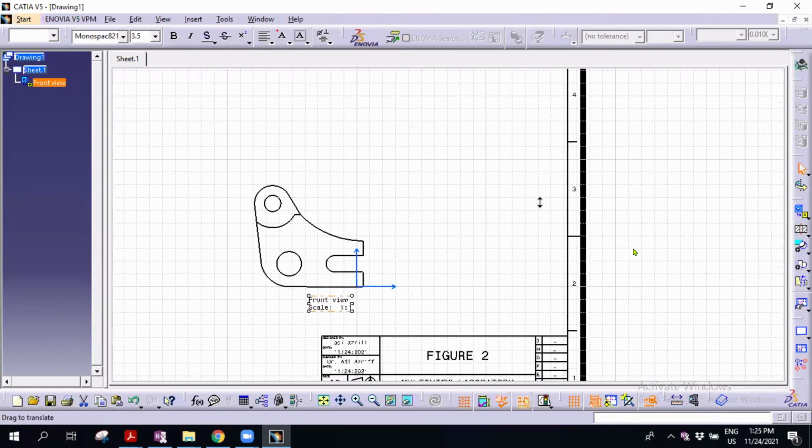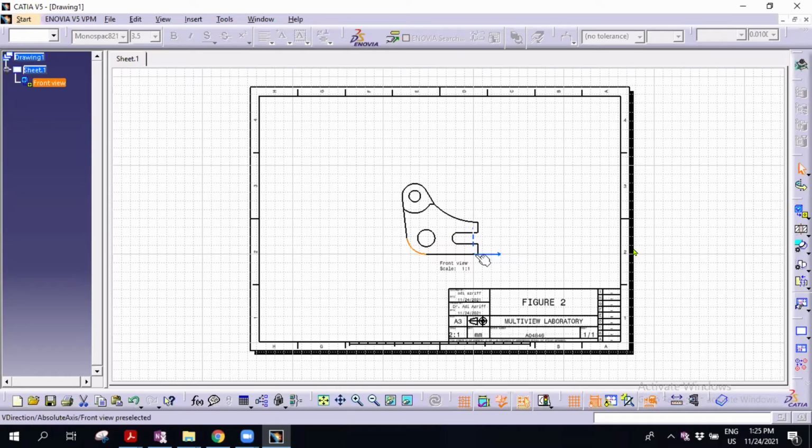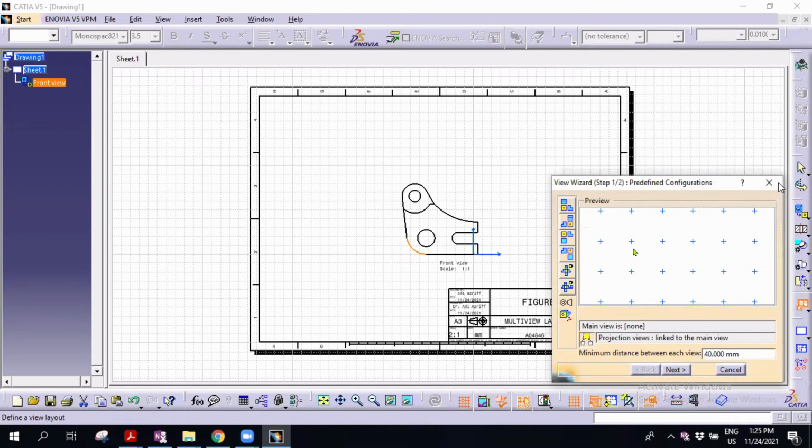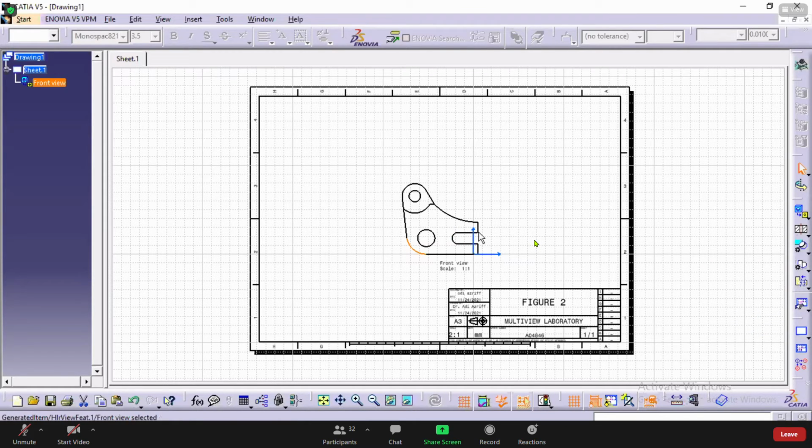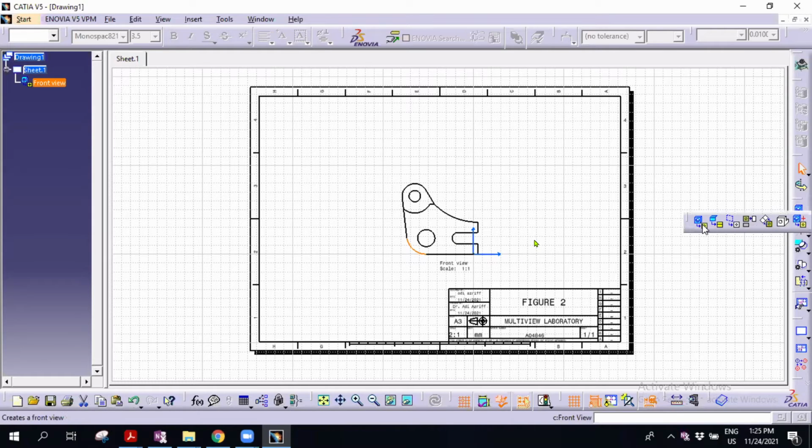So you can see the locate option here, and from here you can change things. Another option is you can select this one, so you can select manually on the projection view.